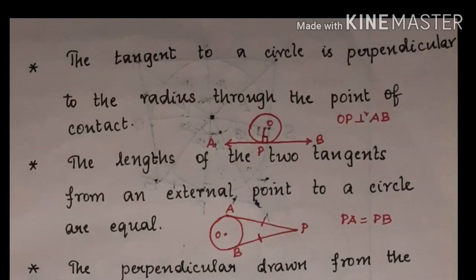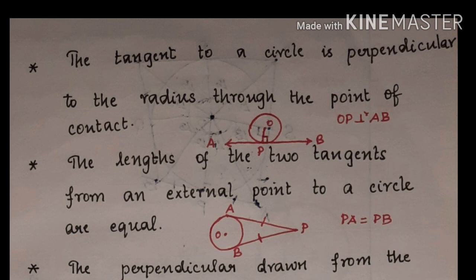Able to understand, children? So the exercise is over now, and we shall recall what all the important results that we have used while solving the sums. So these results you please make a note in your notebook, which will be useful for you while doing the sums. So now here the very first result is the tangent radius theorem. That is, the tangent to a circle is perpendicular to the radius through the point of contact. So whenever a tangent is being drawn to a circle, immediately you can say that it is perpendicular to the radius. This is what the tangent radius theorem says.